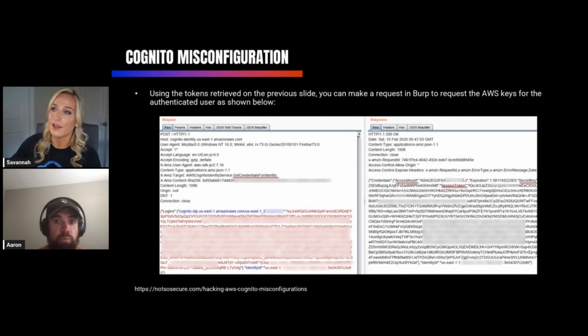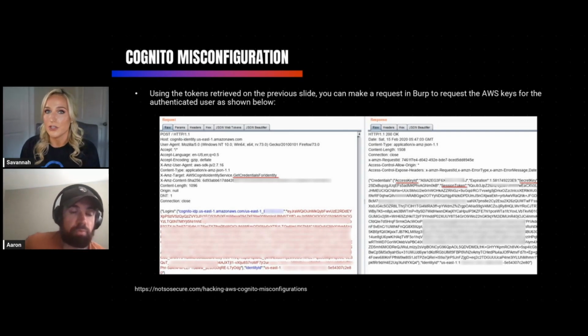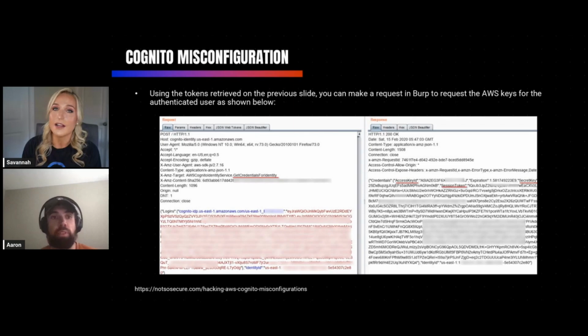Then you can send it with your token to obtain the authenticated access key and secret key associated with that AWS authenticated user in that organization. That's an example I have right here, using the authenticated user we just created with the identity ID associated with that identity pool ID. Then we're getting those credentials to move into their environment.